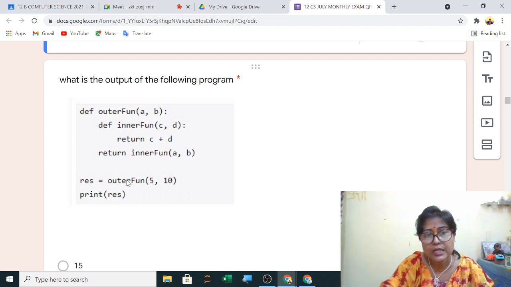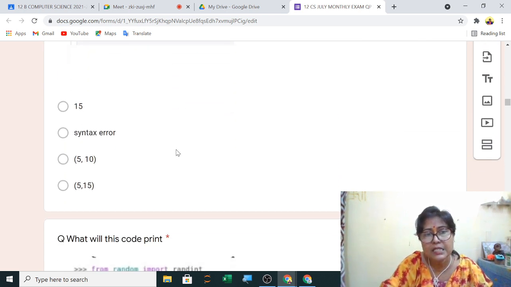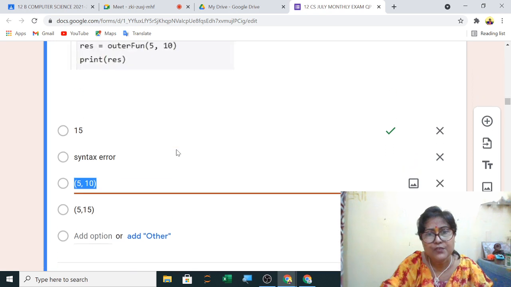First, when outer function is called, 5 and 10 is given to a and b. Now inside this you are finding this inner function which is being given what value? 5 and 10 only. Now here you will see 15 is correct.